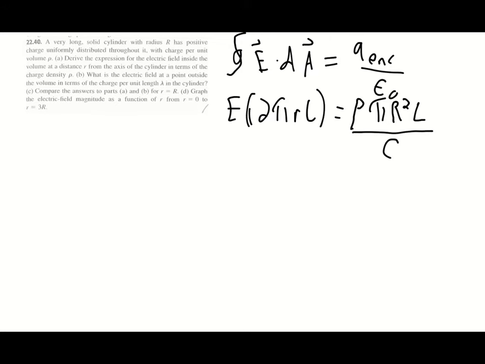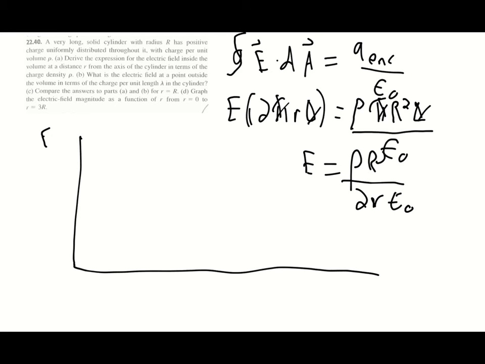And that's going to be epsilon naught. Again, the L's divide out, the pi's divide out. And we get a slightly different expression from last time. We get E equals rho R squared over 2 R epsilon naught. So this time it's going to actually be inverse. It's going to depend on 1 over R. As our variable gets bigger, our electric field is going to get smaller because we're getting farther and farther from that cylinder. So now when I make my graph,